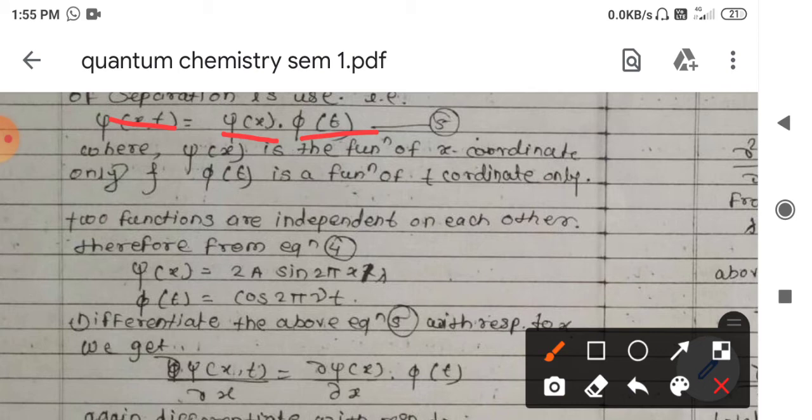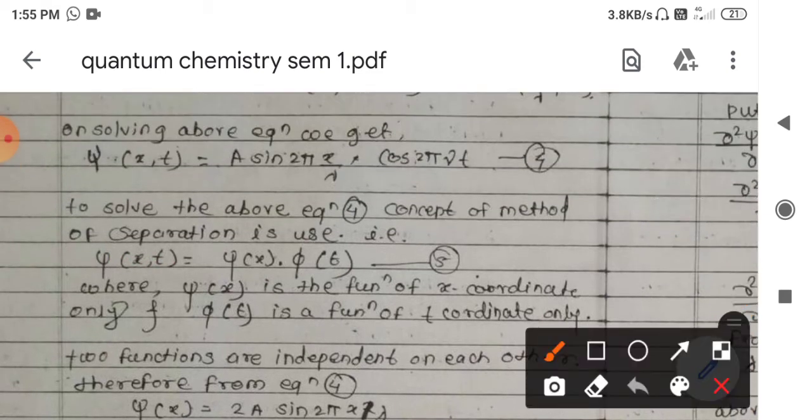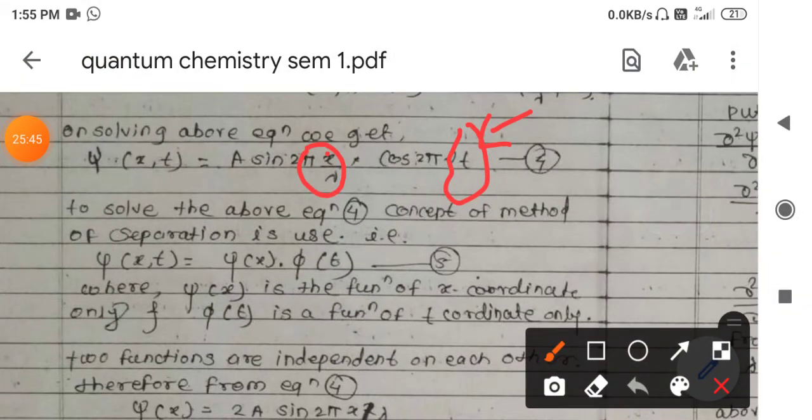So what do we mean by the variable separation method? Here we can see that there are two types of variables: a position variable and a time variable. There is one function with two variables within it, so we cannot directly solve the two variables in one function. In order to solve for two variables, we will require at least two functions. So for that we will separate the variables based upon their equations.